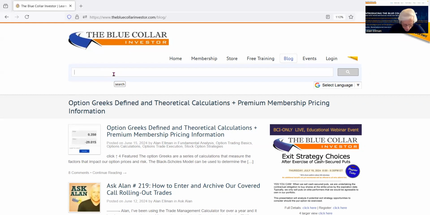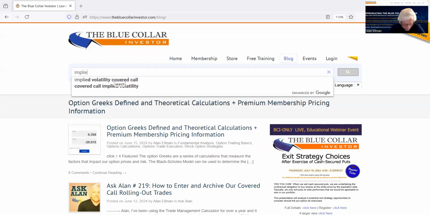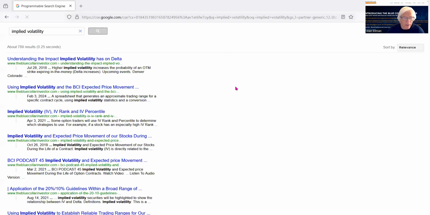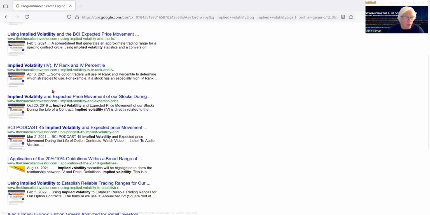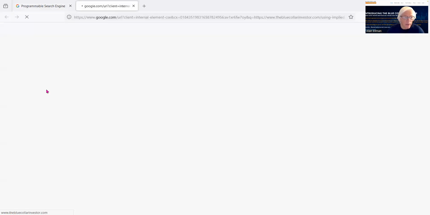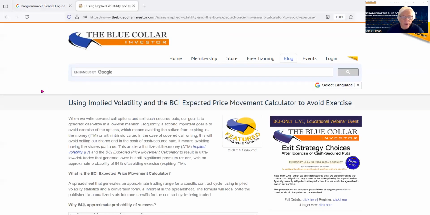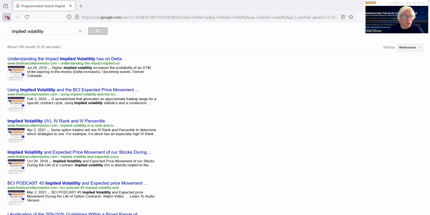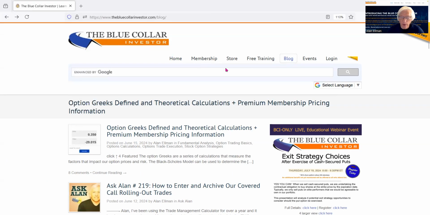So let's just show you as an example. We're going to type in implied volatility. Okay. And you just click on that magnifier, and up will come articles that I've written over the years on implied volatility. And we can just click on that, and there you have it. So those are 2 really neat features of the BCI website that I wanted to point out to you